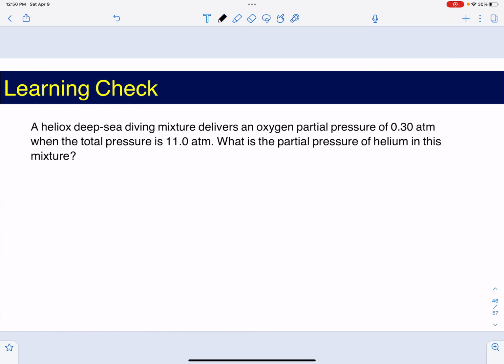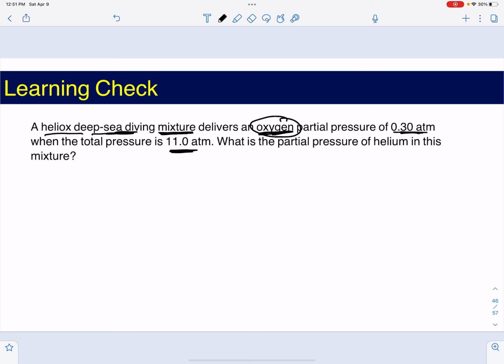So an example would be like this. So we have a mixture. So we're always dealing with mixtures, more than one gas together. We call this one heliox. It's used for diving into deep sea water. And this one contains oxygen with a total pressure of 0.30 atmospheres. For the oxygen, the contribution of oxygen is 0.30 atmospheres, but the whole mixture is 11 atmospheres, and the mixture